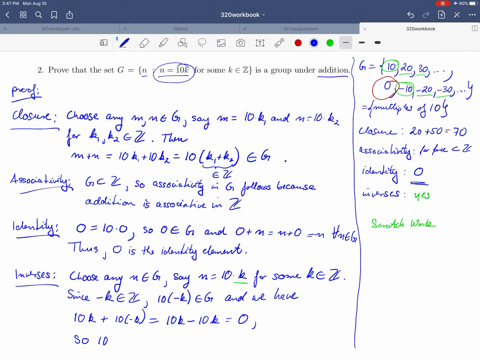Okay, so 10 times (minus k) is an element in G and is the inverse of n. Technically, we also have to show it from the other side, but that would also be the case. So we have 10 times (minus k) plus 10k is also equal to 0. Excuse me. And so again, we showed that those 4 things are true to prove